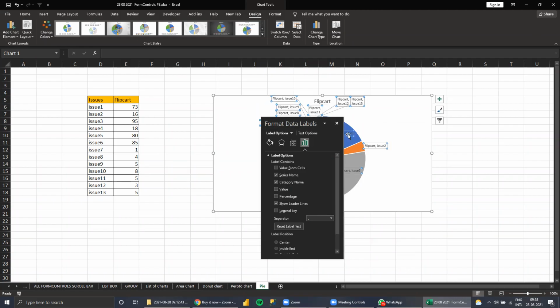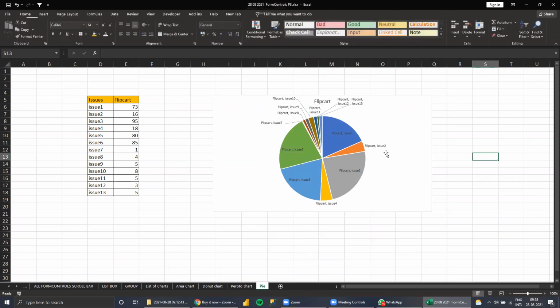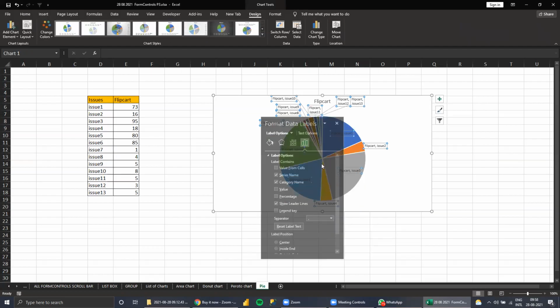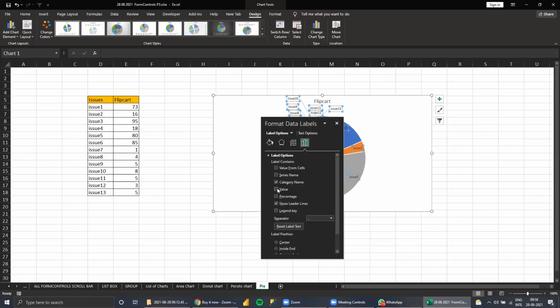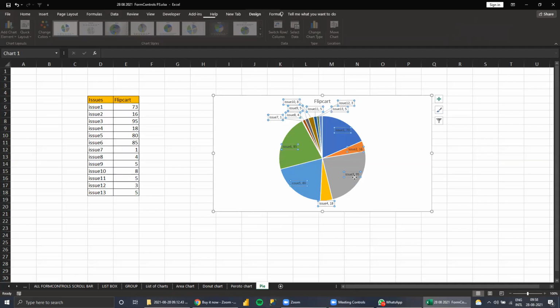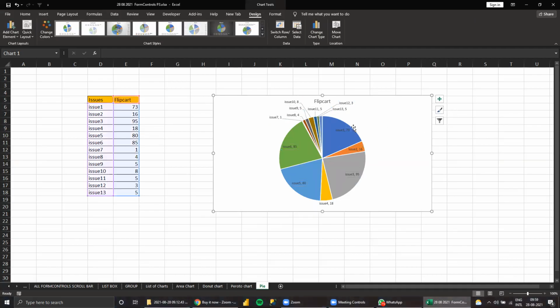When you see the category name, what is there in this one? See here, issue 3. I remove this name under the labels. So category name and value. Okay, so we have the values. For issue 1, how much is the value, we know this.